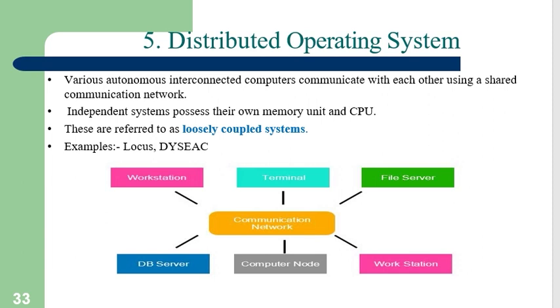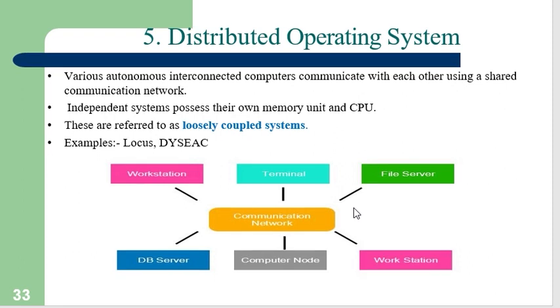And the distributed operating system. Various autonomous interconnected computers communicate with each other using a shared communication network. Independent systems possess their own memory unit and CPU, but are connected using a communication network. These are referred to as loosely coupled systems. Examples are Locus, DYSEAC,